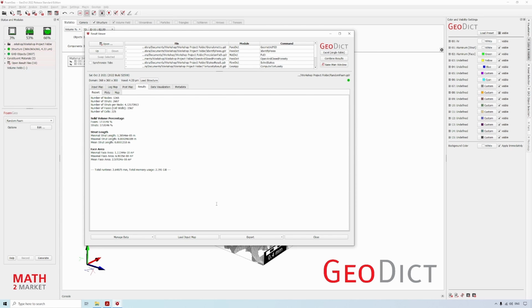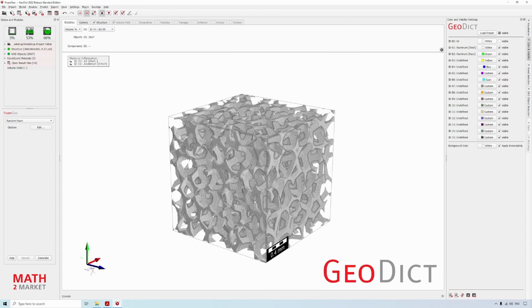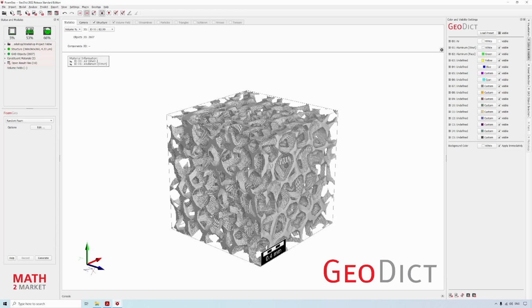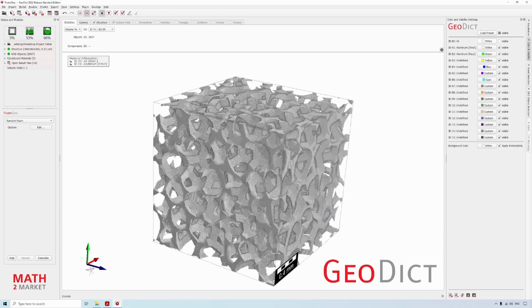Again, we are greeted by the result viewer giving us information on the solid volume percentage and the information about the strut length or the phase areas. And we see our currently not digital twin. We will now make those angular struts less spiky or pointy.